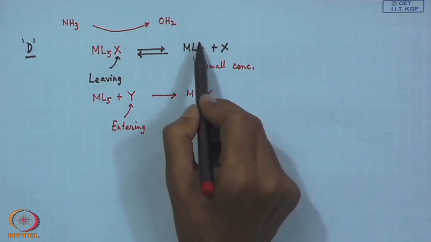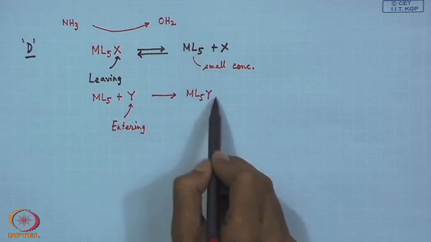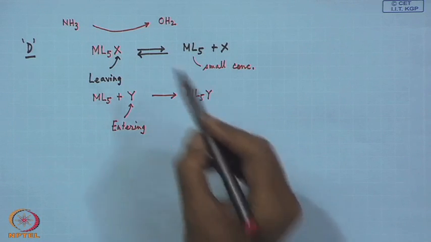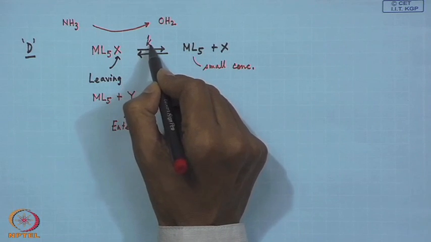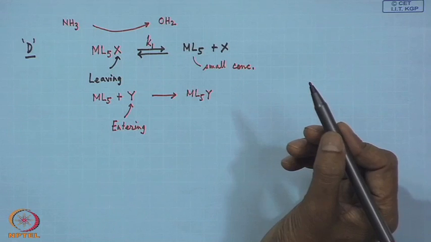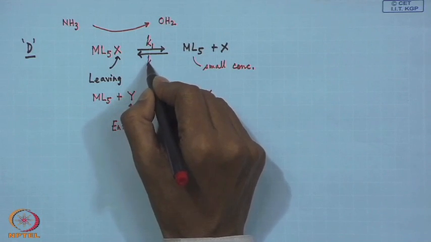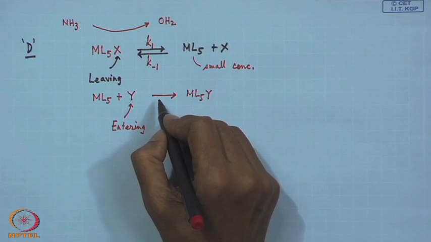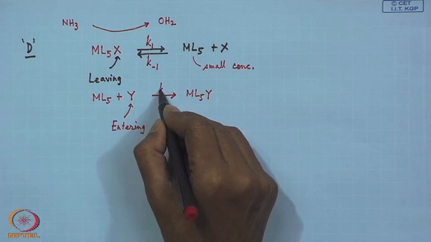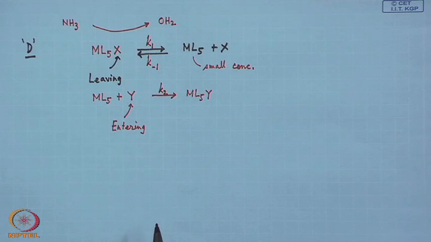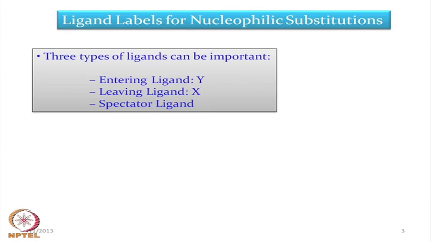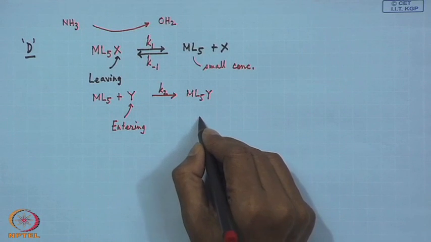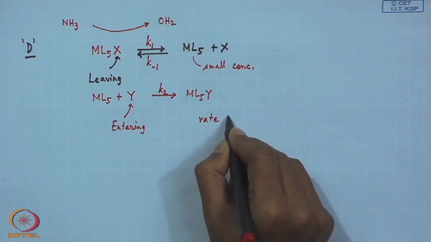So, the rate of formation of this ML5 and ML5Y, all these are dependent on the rate of this particular dissociation, that means K1, and reverse of this reaction is K minus 1, and the rate of this particular attachment of the entering ligand is K2. So, this particular thing ultimately gives rise to the corresponding manipulations and all these giving us the corresponding rate law